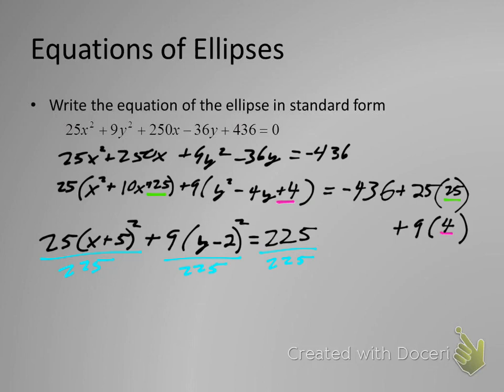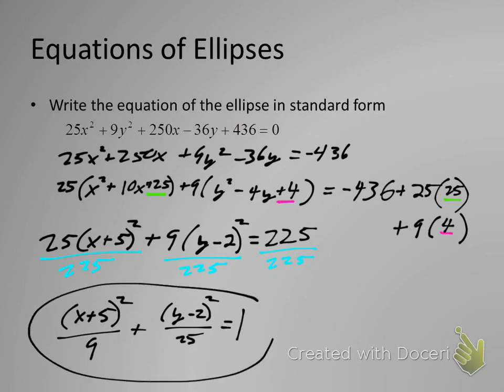Okay. The right side reduces to 1, as it should. Okay, see that? The left side, 25 goes into 225 how many times? 9. Oh. 9 goes into 225 how many times? 25. Are you kidding me? I should have just kept going. I thought